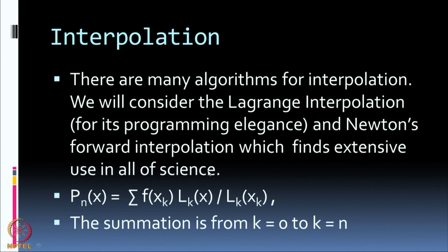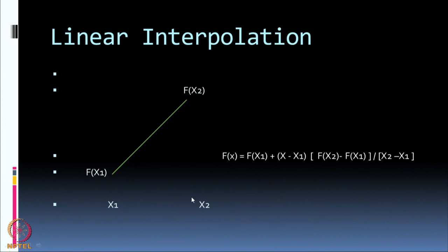What Lagrange interpolation involves is the nth order polynomial, this p n x, where n refers to the order of the polynomial. The nth order polynomial is given in terms of f x k, which are the values of the function at known points k. Normally we take k to go from 0 to n. So, 0 to n means if n is 10, there would be 11 values. So, those 11 values of f x k, L k x evaluated at those 11 points, divided by L k x k. The formula is given in a later slide.